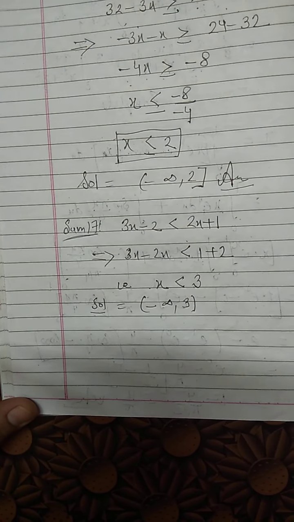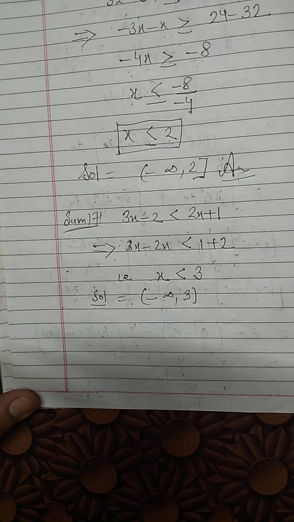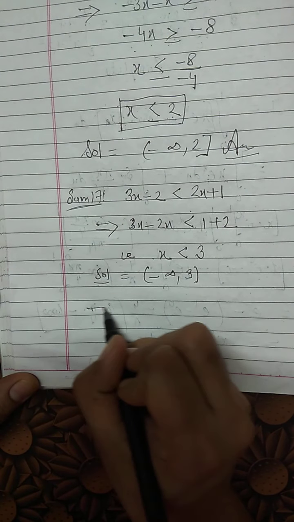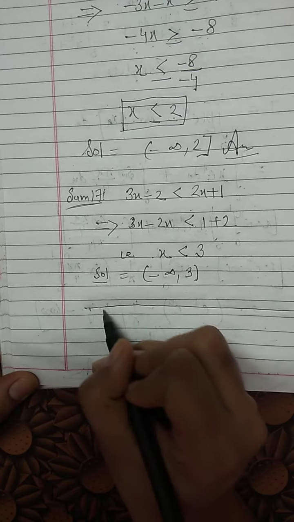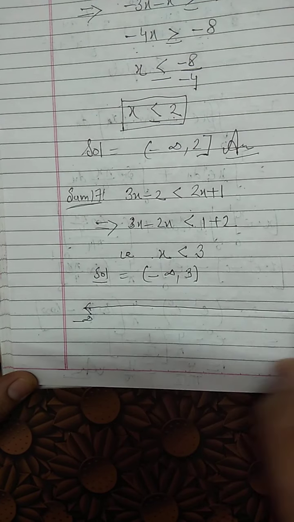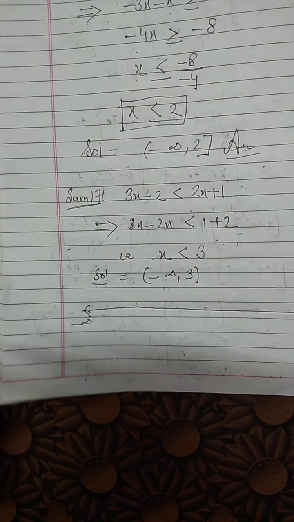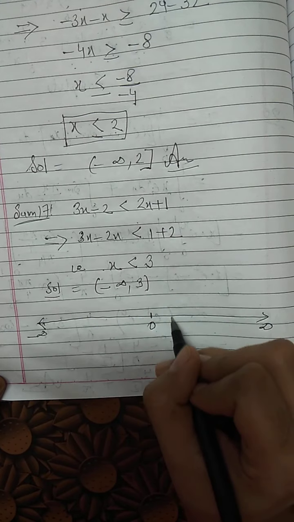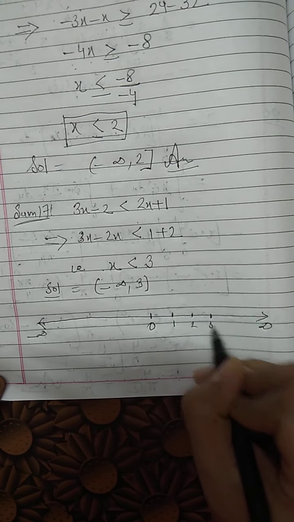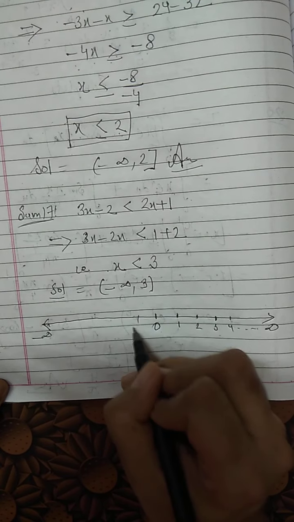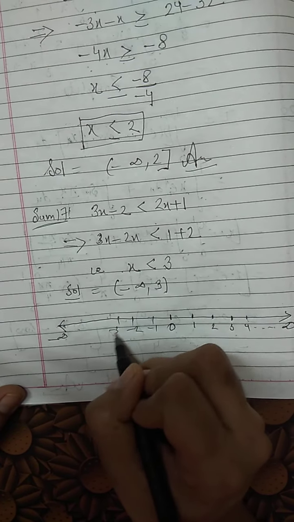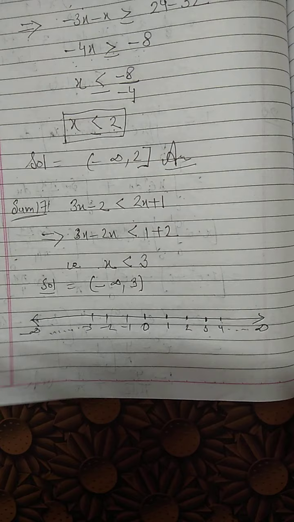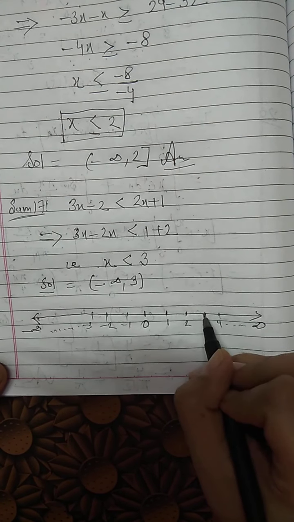Now the next thing here in sum number 17, 18, 19 and 20, we have to show the solution on the number line. So for that, we will take our number line. First of all, we will draw the number line. Definitely you people will draw the number line with pencil. I have drawn the number line with pen. Okay, so we will mark the numbers. This is 0. Let it be 1, 2, 3, 4 and so on. And here minus 1, minus 2, minus 3 and so on. We want the solution all the real numbers which are less than 3. So this is our 3.